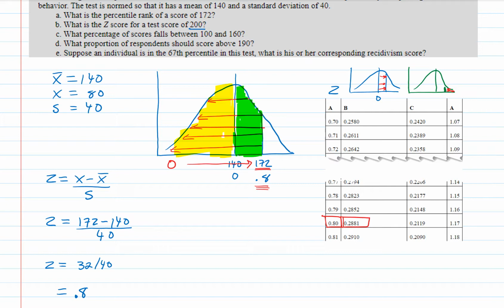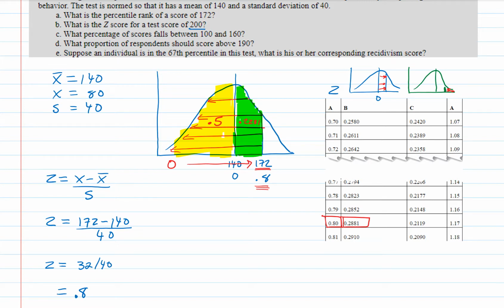Now, we know that the normal distribution is symmetrical and that it's divided into 2 at the point of the mean. If it's symmetrical, the total area under the distribution is equal to 1. That's by definition. And if we take 1 and divide it into 2 parts, each part is going to be 0.5, obviously. So we have to take this area here of 0.5, and we need to add it to the area in the table that we're getting,